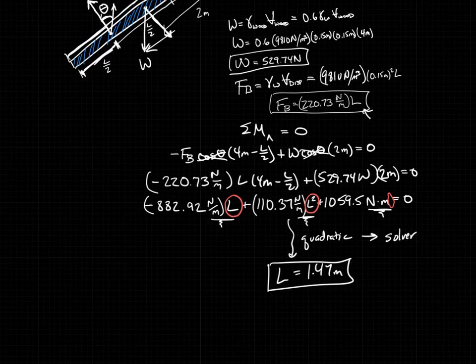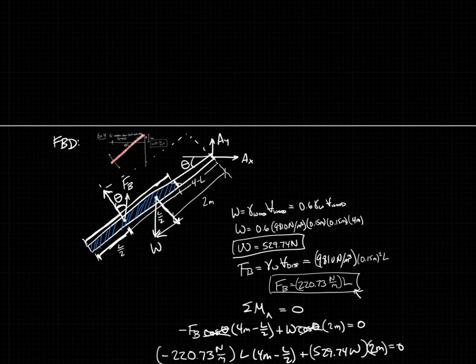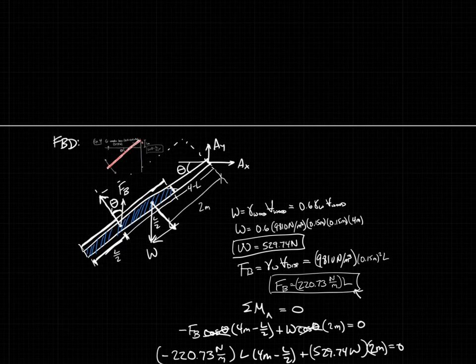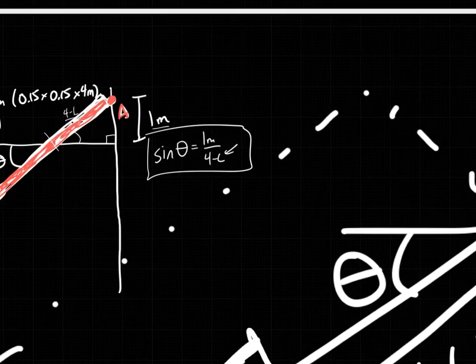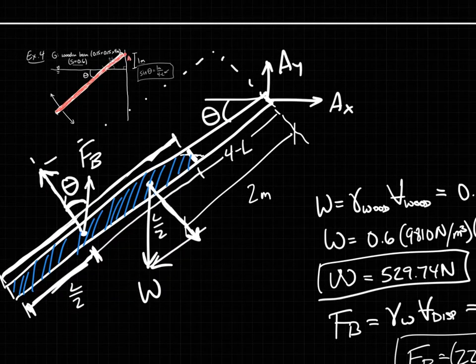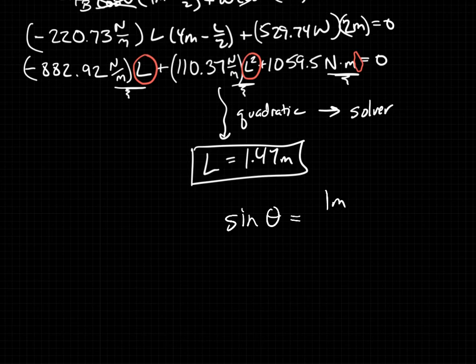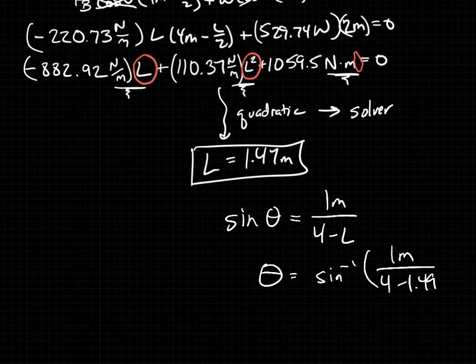And so if we go back up to the little thing where I said this is how we're going to solve it, let's see if we can grab that. We cannot isolate it, but we can zoom all the way in. Sine of theta equals 1 meter over 4 minus L. So if I plug that in, theta equals the inverse sine of 1 meter over 4 minus 1.477 meters. So theta equals, let's see here,